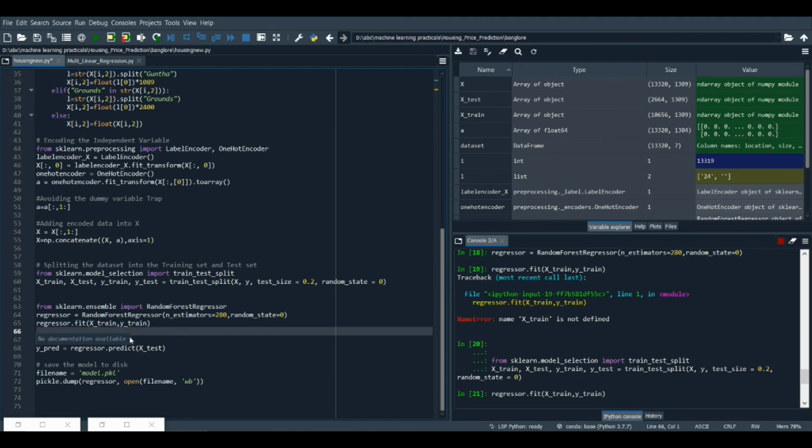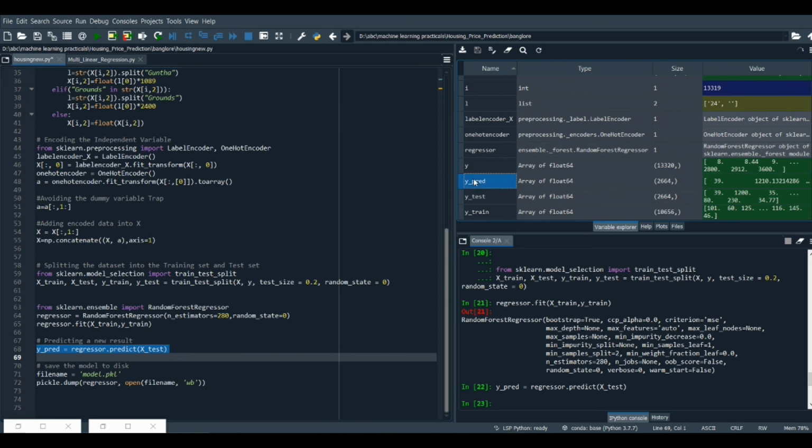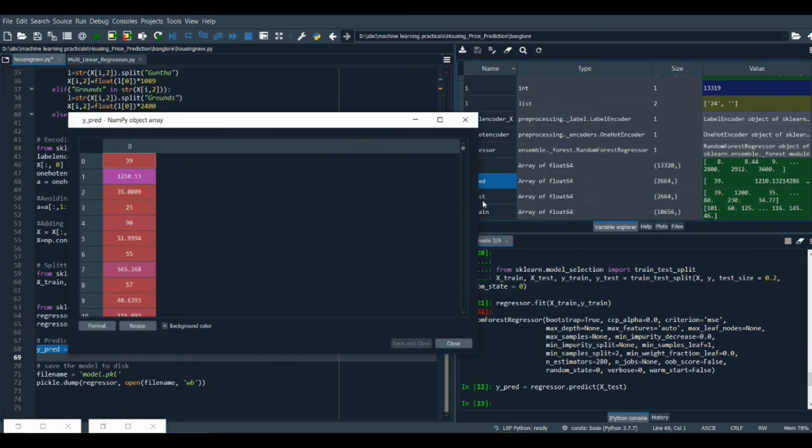Now after fitting of our model, we are going to make predictions on the independent variable of our testing data, and then we are going to store the prediction into y_pred, so that we will be able to compare the values of prediction and the actual value of y_test. So after executing this line of code, we will get a new variable y_pred that's going to show the prediction for our testing data. So let's make our predictions. As you can see, let's compare our predictions, that is our y_pred and that is our y_test.